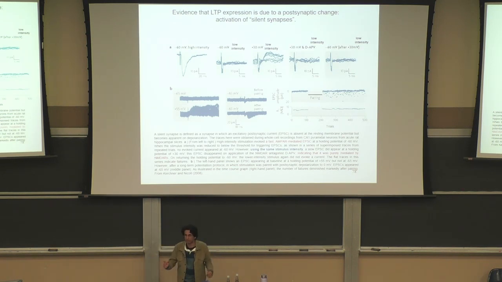So, okay, no response. But then the surprising thing is that the same cell that you're patch clamping that was silent, if you then put in the same weak stimulation for the input, but now while depolarizing the patched cell at plus 30 millivolts, then you see a small response that is created by NMDA receptors, because it's blocked by AP5, which is an NMDA receptor antagonist. So silent really means no AMPA receptors, and it's silent at this normal physiological condition of minus 65 millivolts.